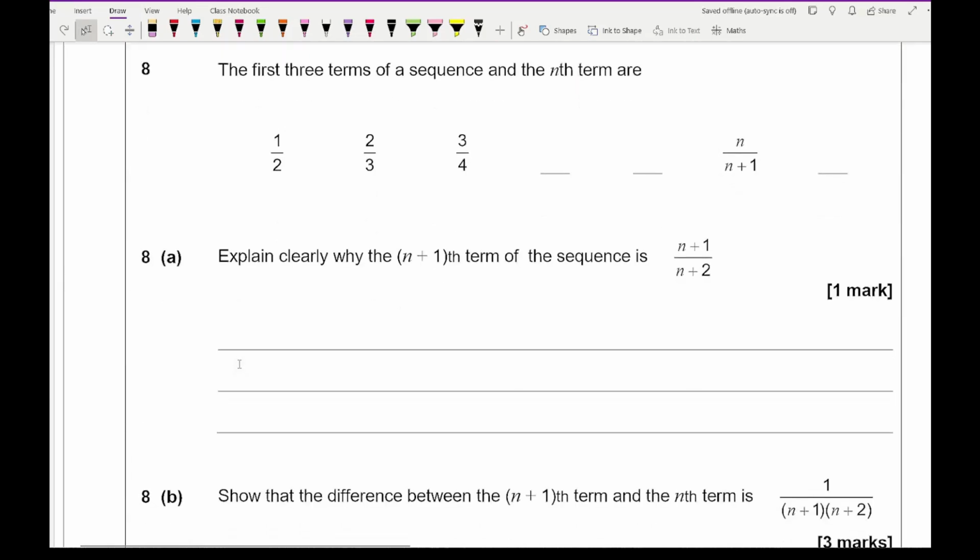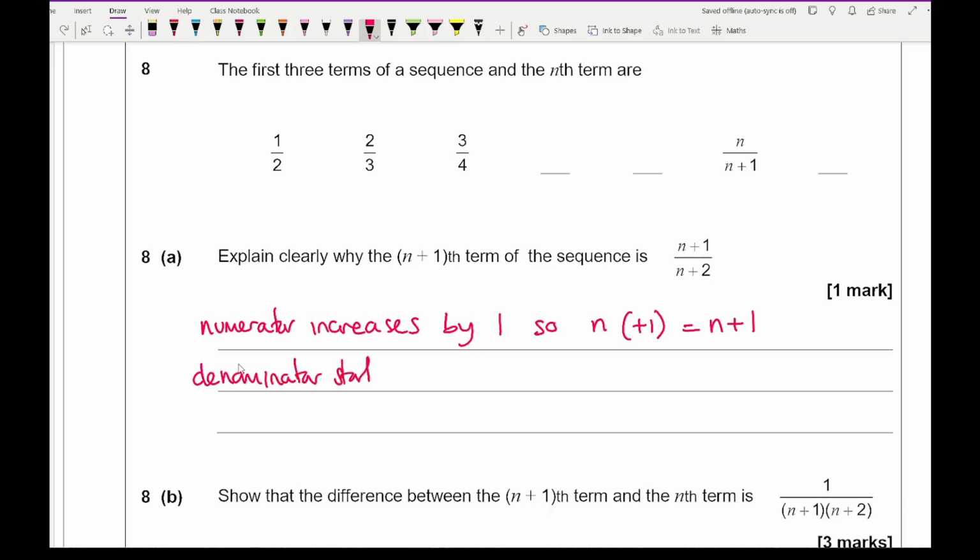Moving on to question 8, it says the first 3 terms of a sequence and the nth term are given. Clearly explain why the n plus 1th term of the sequence is going to be n plus 1 and n plus 2 over n plus 2. Now the reason for this is because the numerator increases by 1, so n and then plus 1 equals n plus 1,